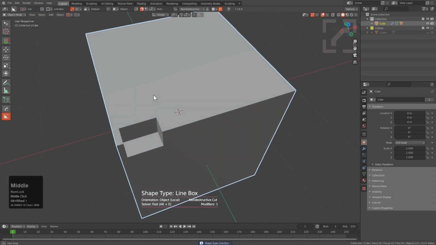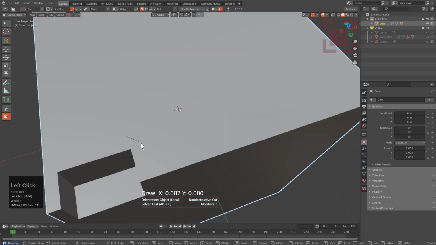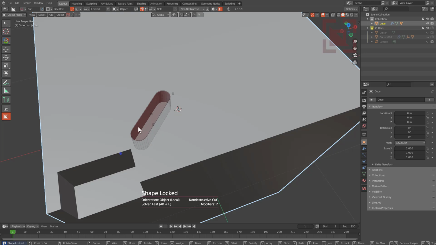If we alt scroll, we could jump to line box, the second shape. The thing about line box is you're able to basically draw a line in any direction, and then from there it turns itself into a box. So the idea behind it was to be able to get a line that's really useful whenever it comes to